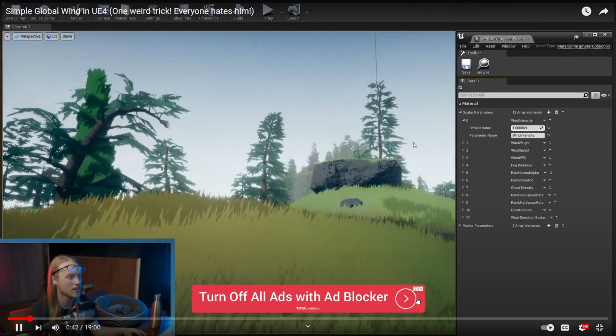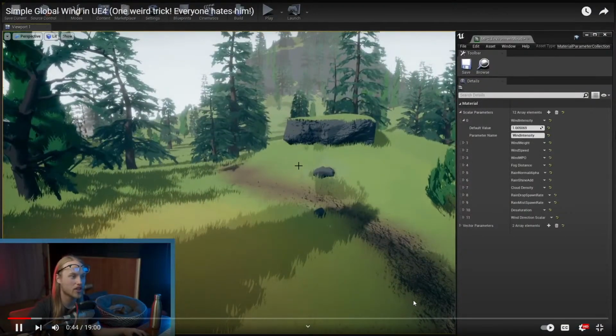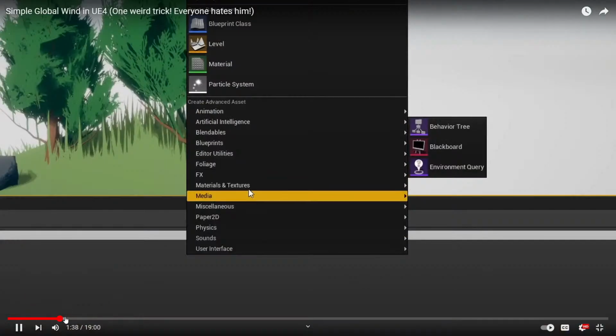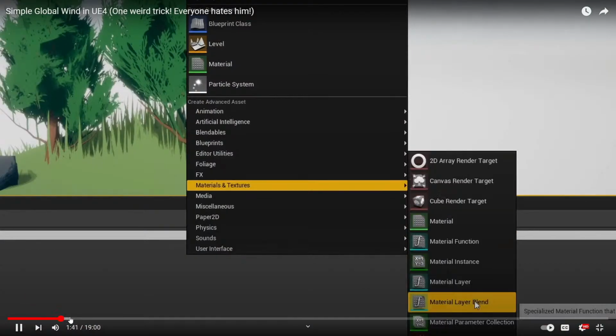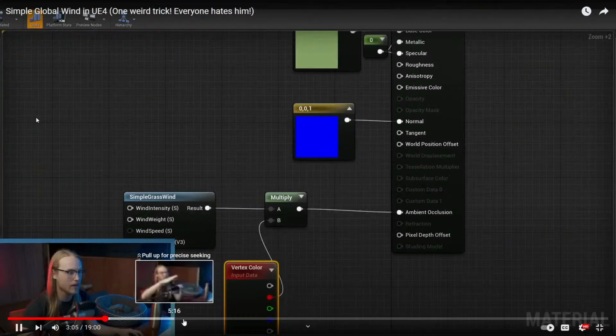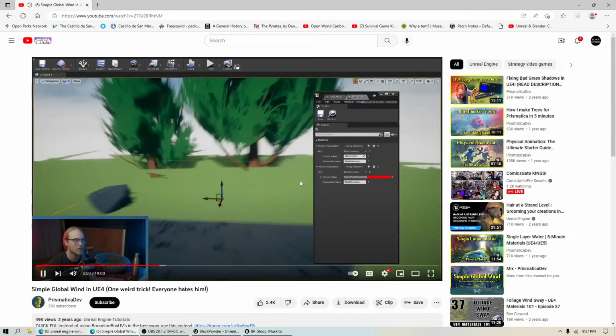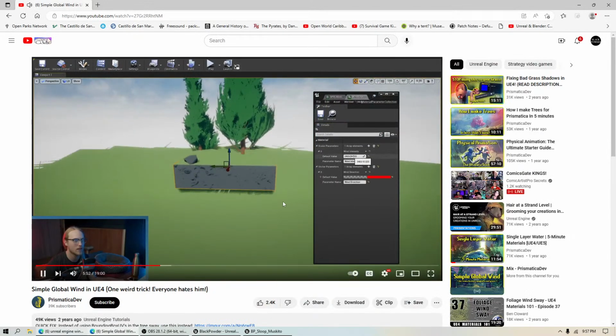Be neat. And you can also set the direction of it however you want. So I think we will just go to materials and textures. If you're not aware, the intensity up, you know, make it very, very